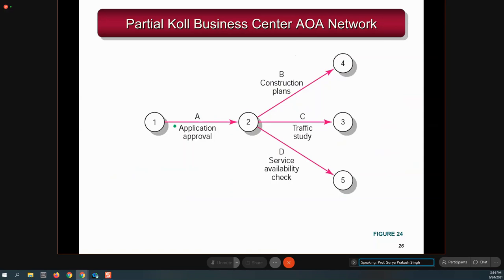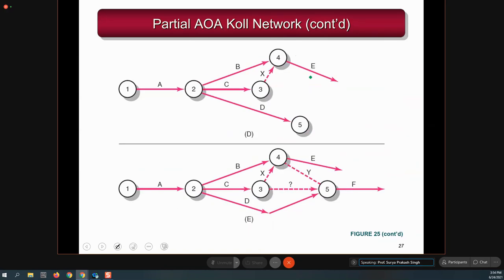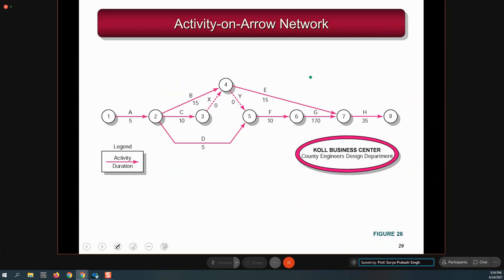So how can the same thing be represented in the graph? We took the arrow and wrote A on the arrow. Then B we write on the arrow, and C, and D. Between these, we just make a node which has no meaning, only a connection. 1, 2, 3, and 4 we have written, and the same way you go ahead. Once you complete it, your project network using the activity on arrow concept will look like this.